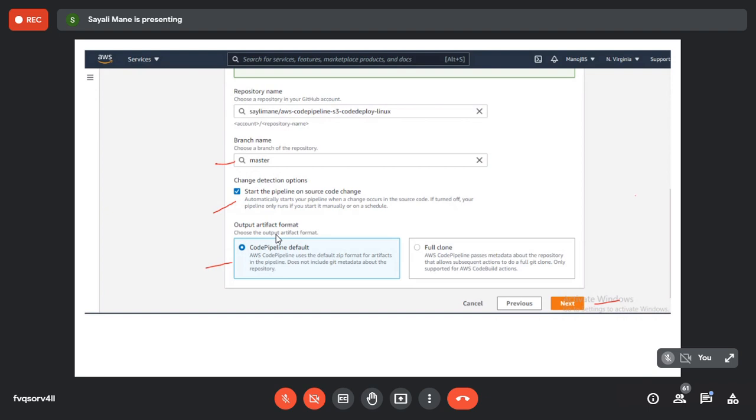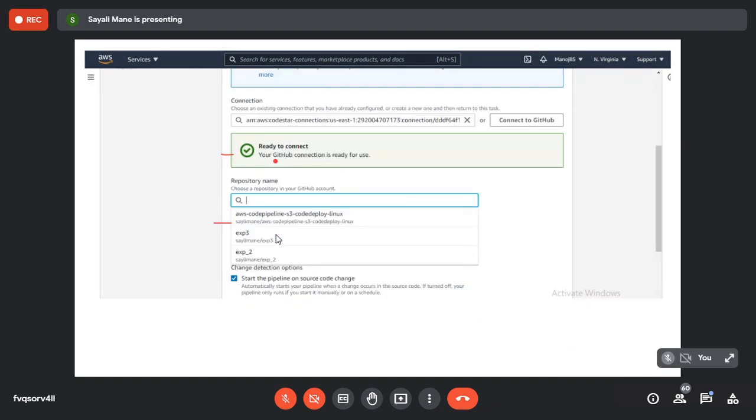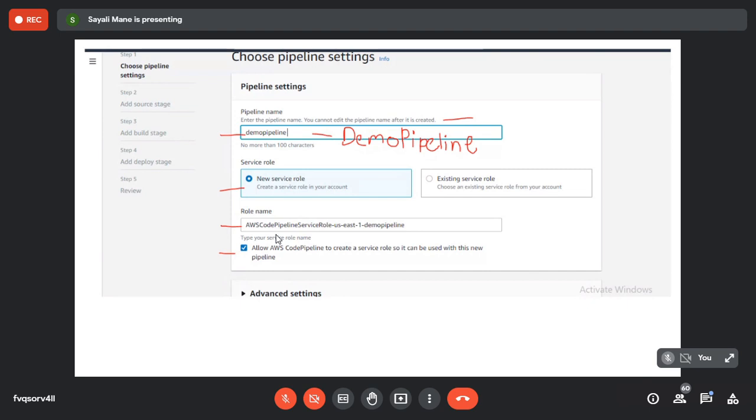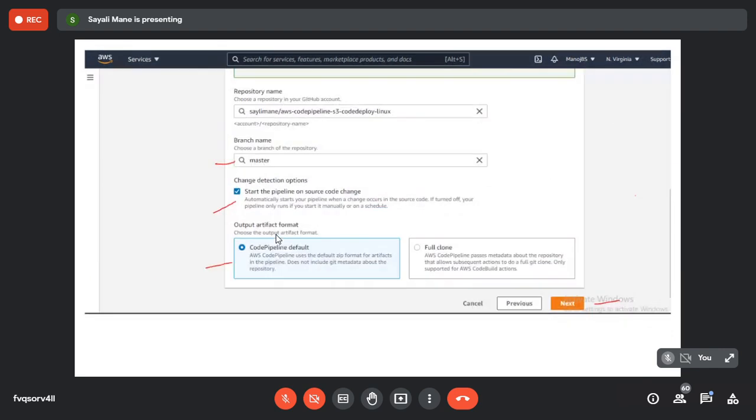Ma'am, I'm still not getting that option in my drop down. Okay, so can you repeat the whole process once again? You have to just create the pipeline and then the GitHub account connection, this one. Simply refresh the AWS CodePipeline account. Shivam is also not getting it. Okay. Can you just refresh the AWS pipeline page? Yes, ma'am. I'm creating the pipeline again. So please do the steps.